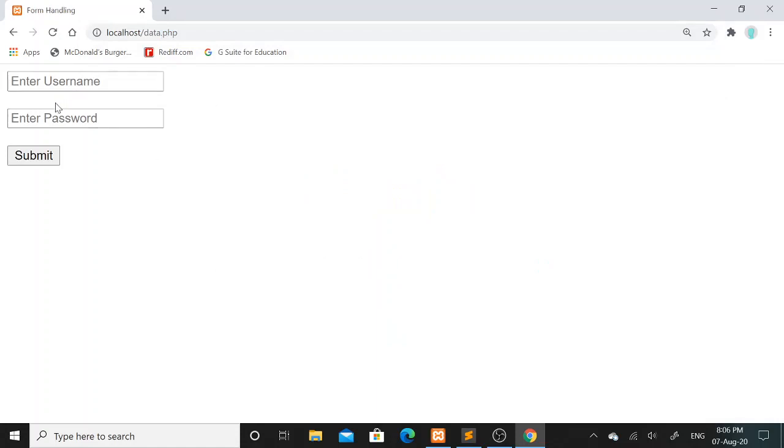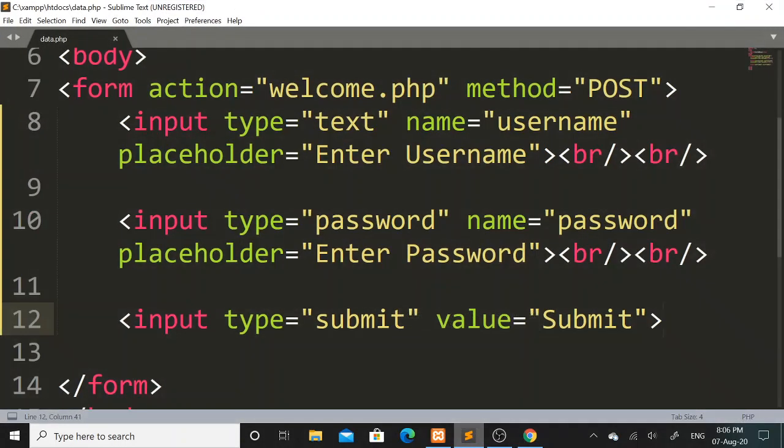So this is my form. In this field I need to enter the username, and in this field I need to enter the password, and when I click on the submit button, I will transfer this username and password data into another PHP file. So I need to transfer this data to welcome.php.